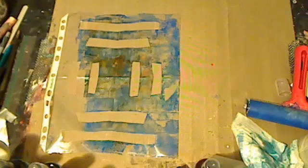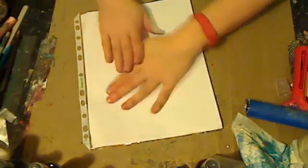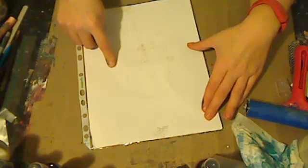Let's see. I definitely got some more on here. Let's try it again. See, if I just use, say, cardstock, 60-pound cardstock or something like that,